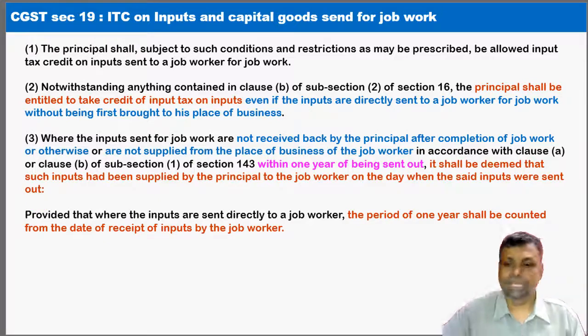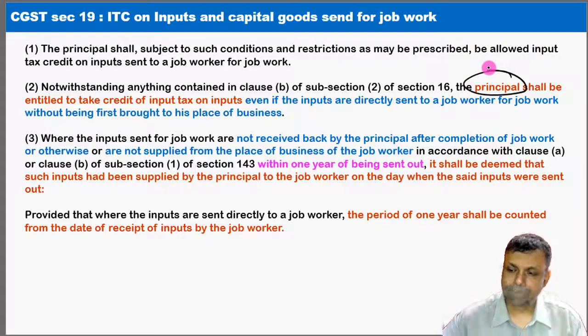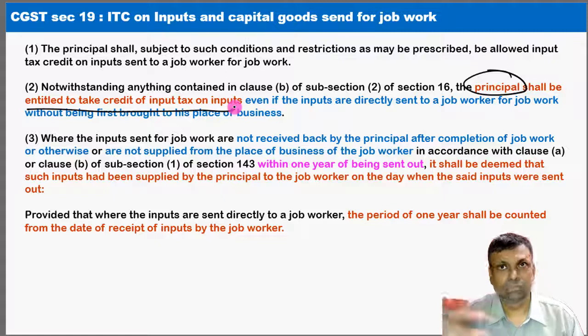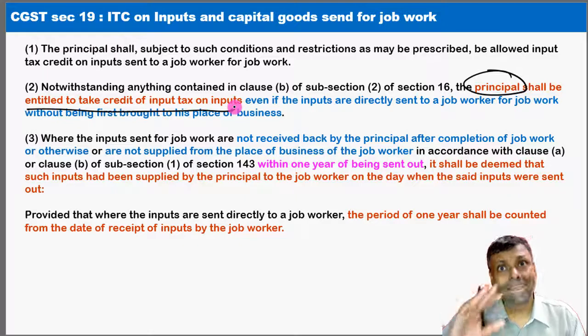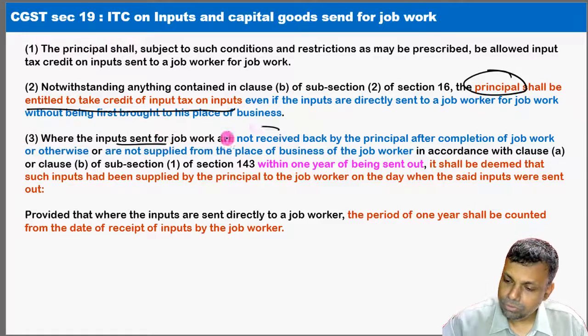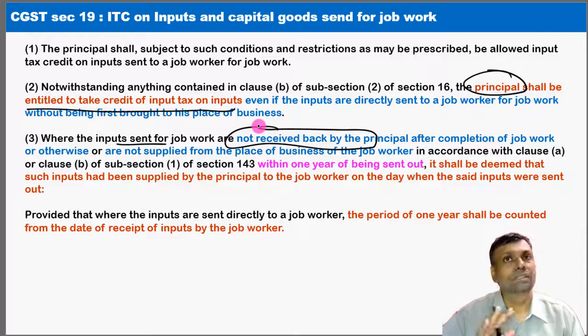Very simple, but I once again repeat the principle: in my example, Mr. B will be entitled to all the input tax credit and all that kind of situation. Very simple, straightforward, and basically the movement of goods under a document of job work can be effected. There is nothing wrong in doing that. Now, the inputs which are sent for the job work may not be received back. Normally it should be received back, and if it is received back within a specified time, there is no problem. But if it is not received back, then there is a problem.